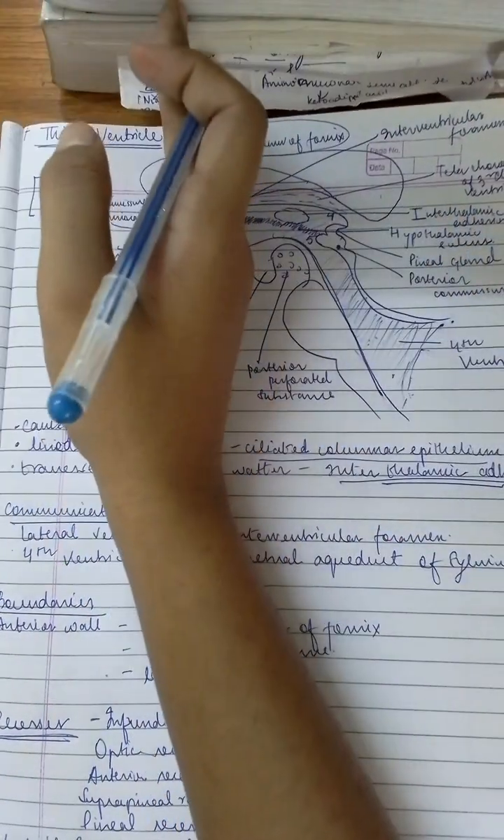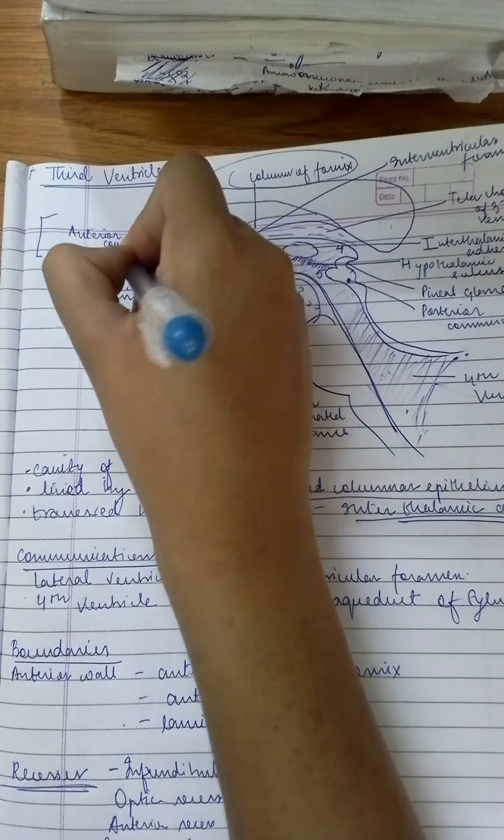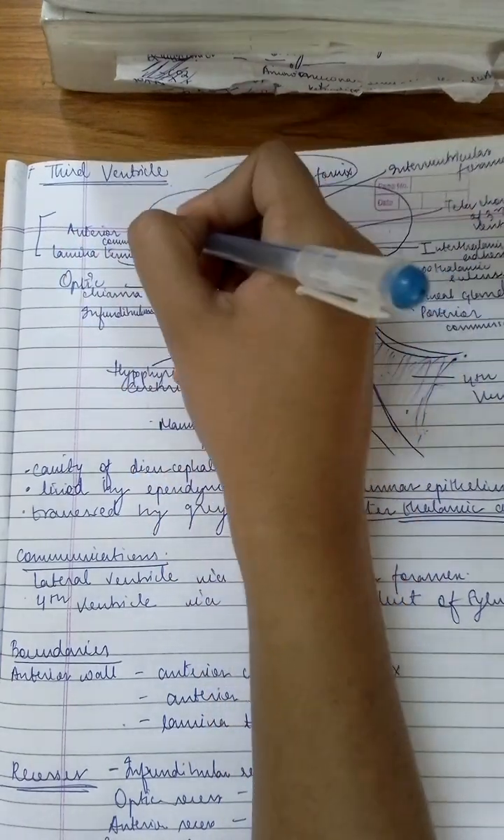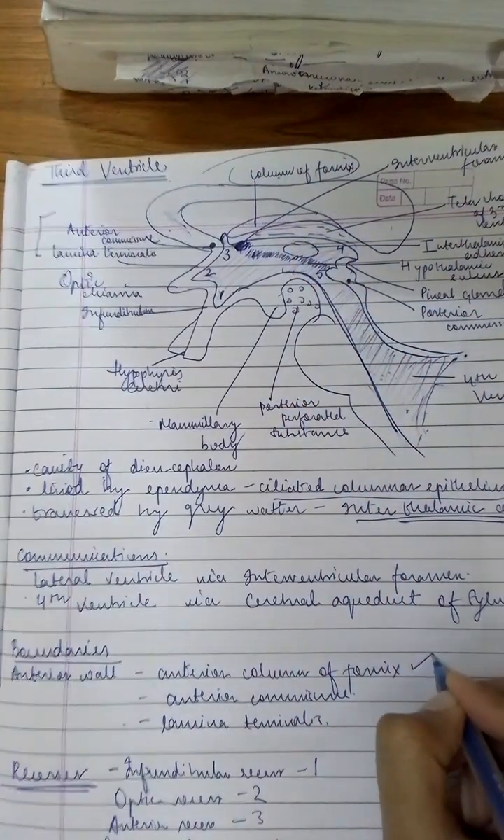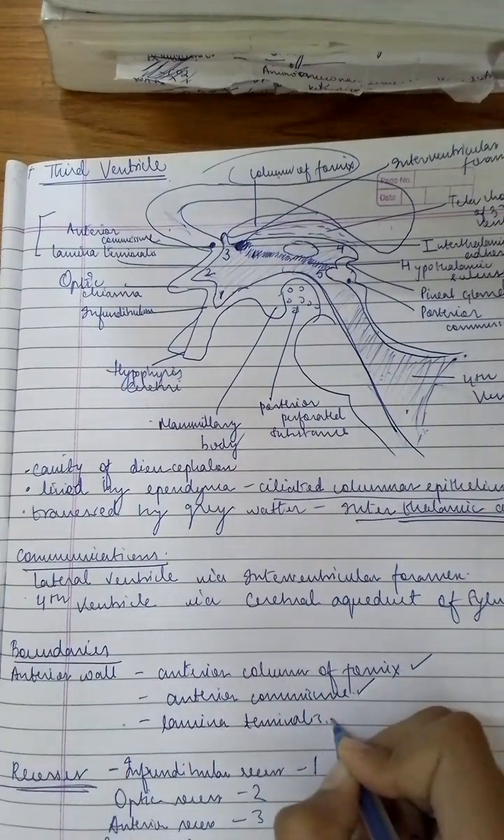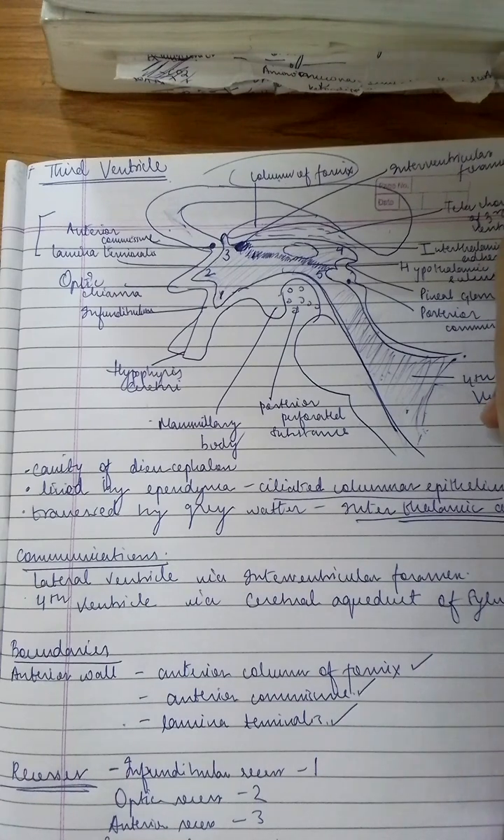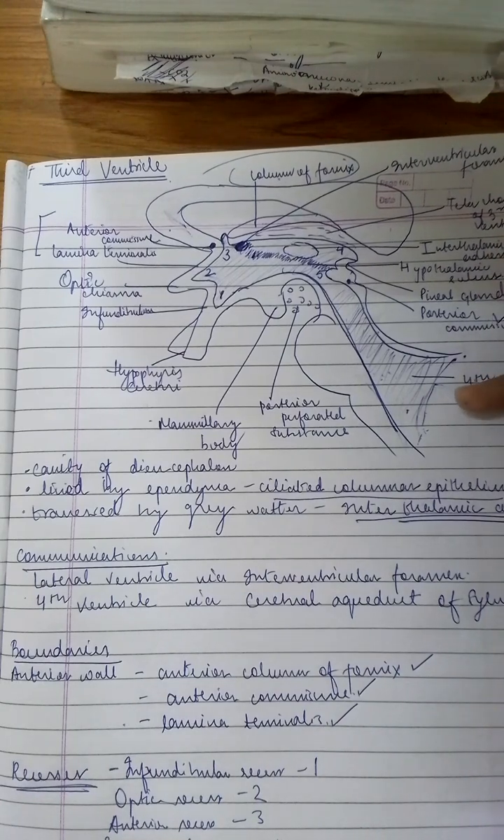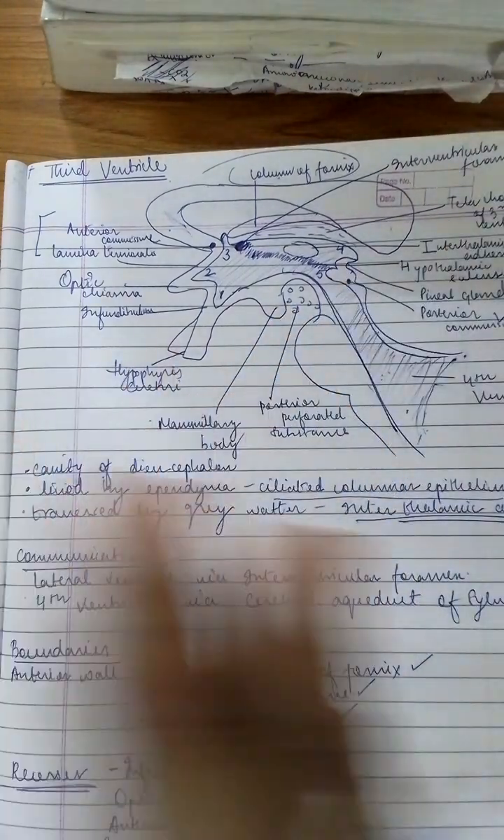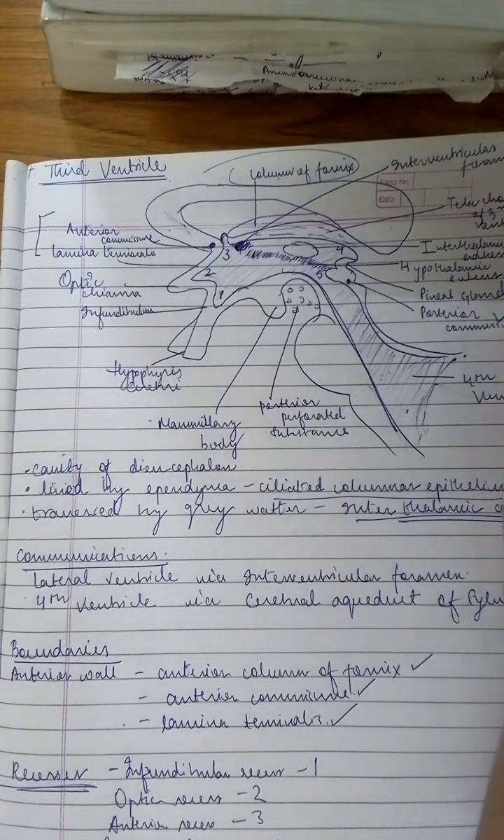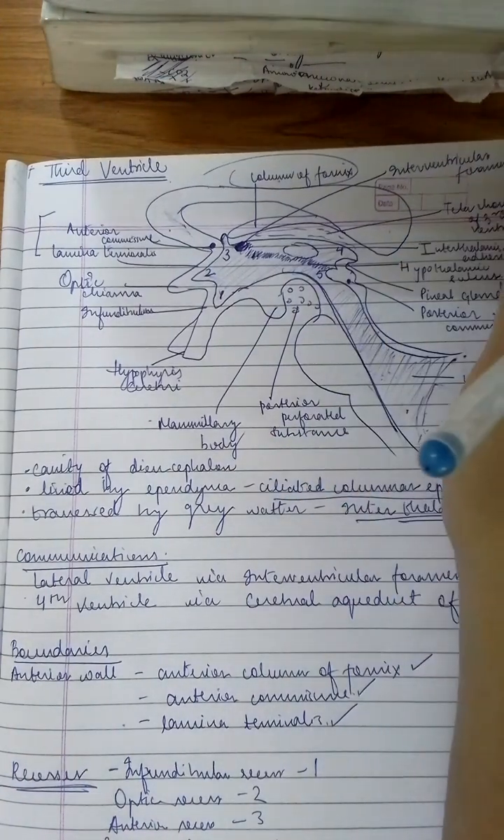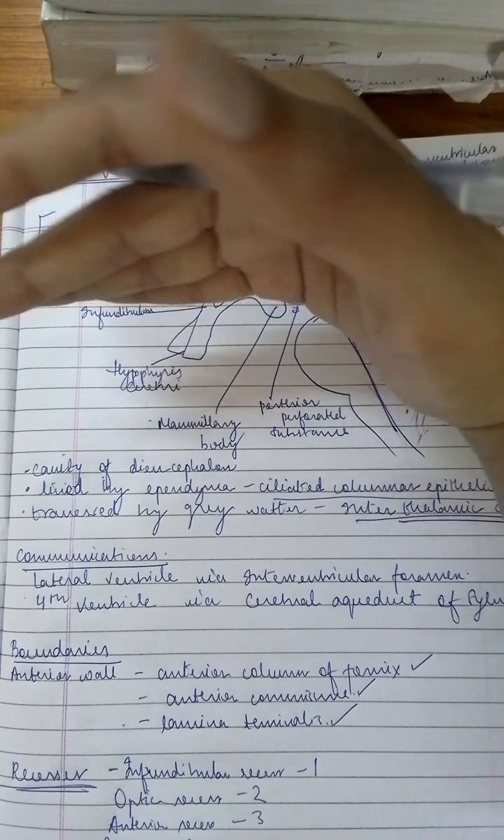So the anterior wall is formed by the anterior commissure, lamina terminalis, and the anterior part of the column of fornix. So anterior column of fornix, anterior commissure, lamina terminalis. The posterior part is formed by the pineal gland and posterior commissure. Posterior part is formed by pineal gland and posterior commissure. Then comes the